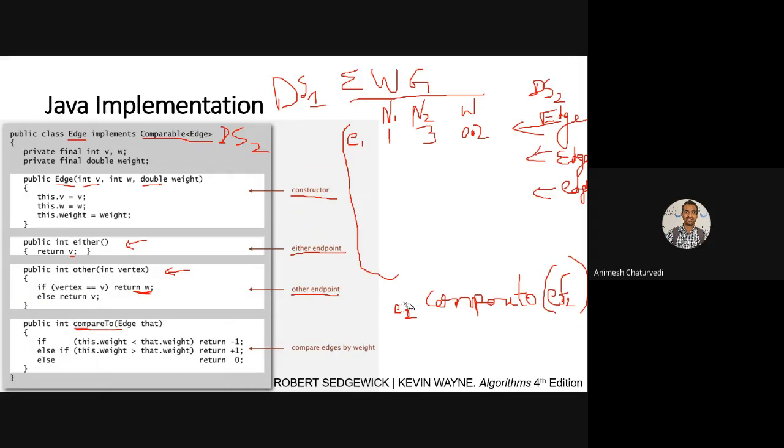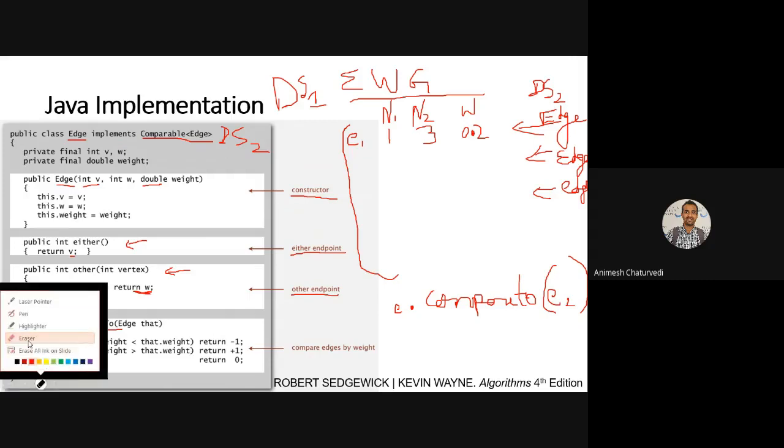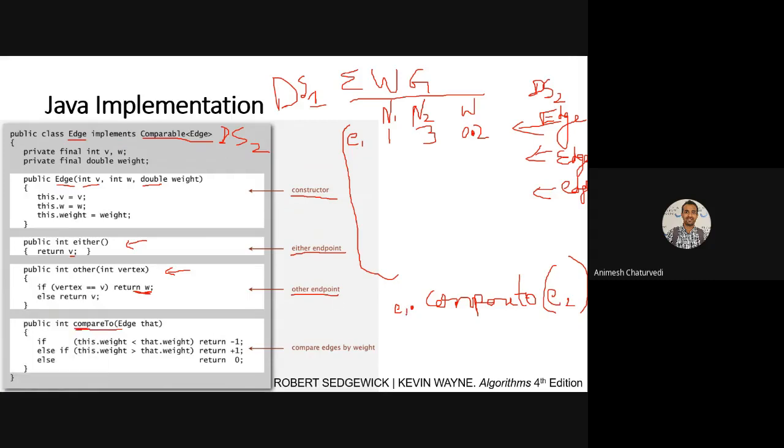So we can say it's E1, and this is E2. So E1 and E2 were there. We have E1 compared with E2, and then the size of that edge, meaning the size of E1 and E2, is being compared.